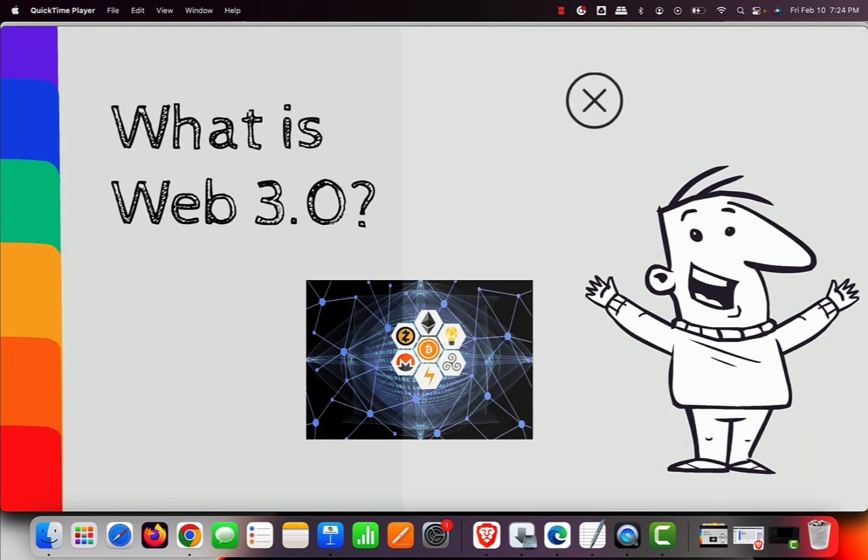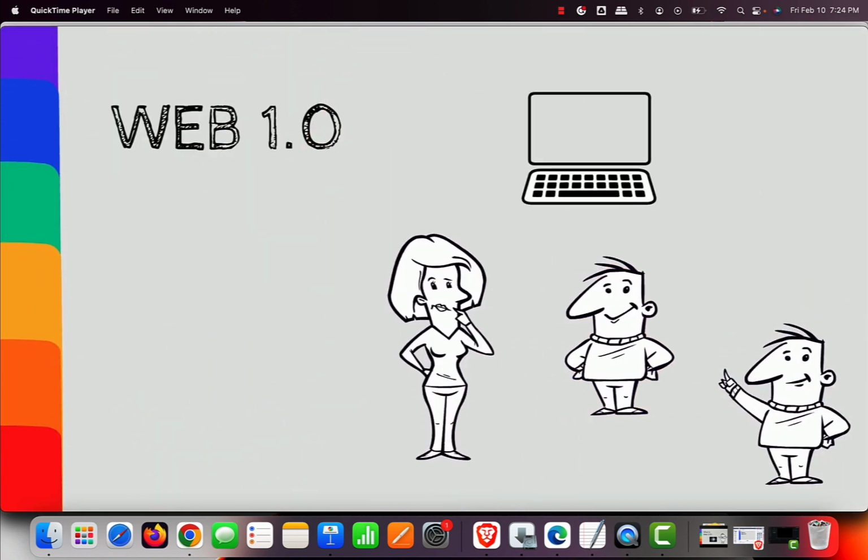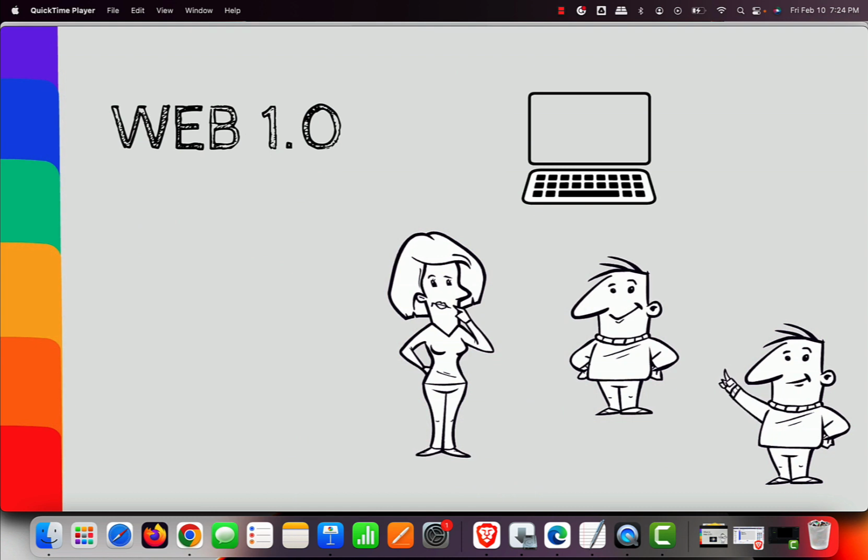The whole web journey started with Web 1.0. It was a static version of web. It was like a one-way traffic. The creators were developers who created the web page with some images and static info, while the consumers were all the users who read that.